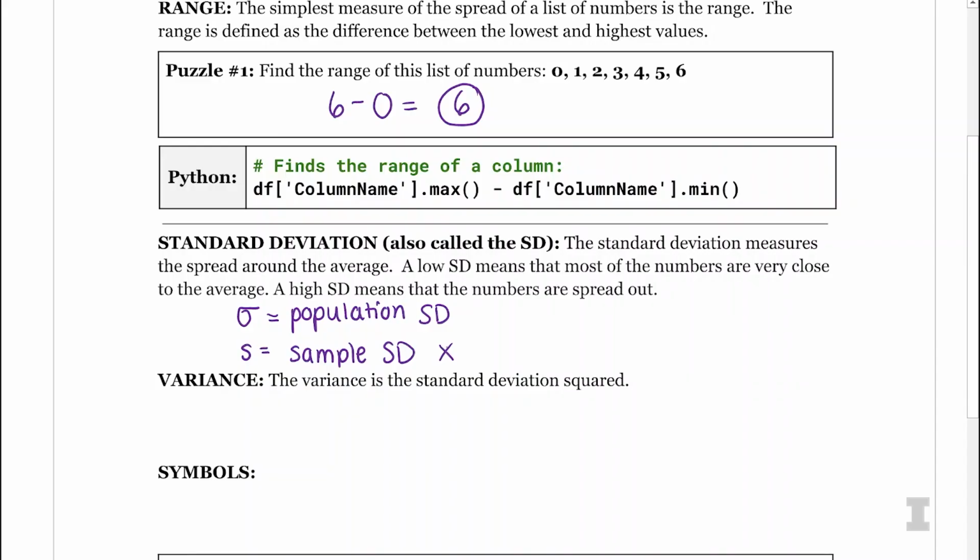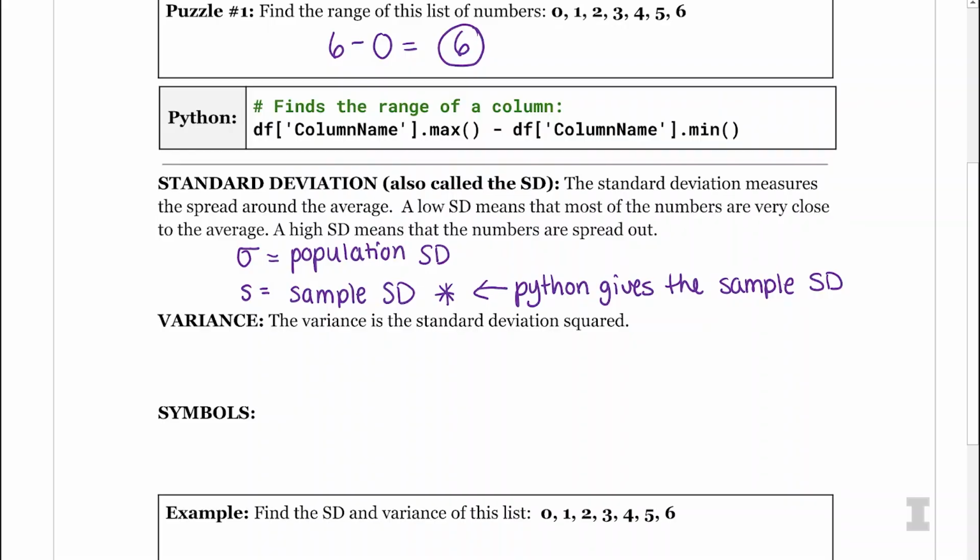So Wade, do you know if Python specifies the population standard deviation or sample standard deviation? In data science, we're almost always looking at samples. So by default, Python and almost every other programming language specifies a sample standard deviation. All right, so Python gives the sample SD. That is definitely good to know, and that makes sense. I can't think of a time where we would need to use the population standard deviation, or that we would even have the population standard deviation instead of the sample. So whenever we do calculations with standard deviations, we're going to use that sample formula, which we'll get into in a minute.